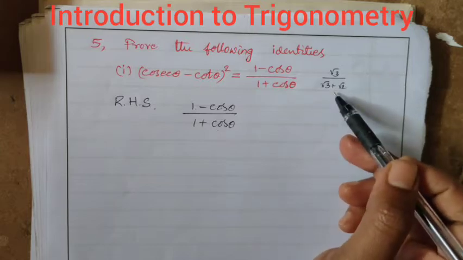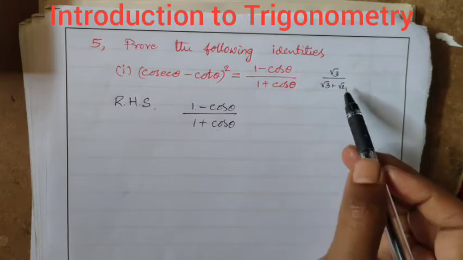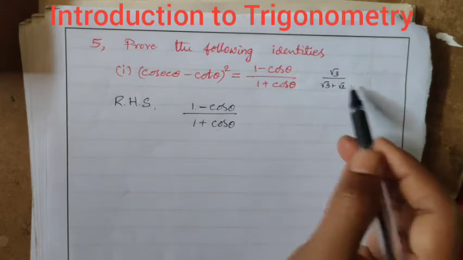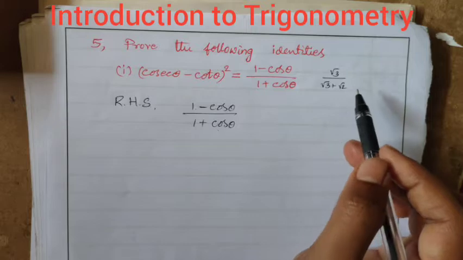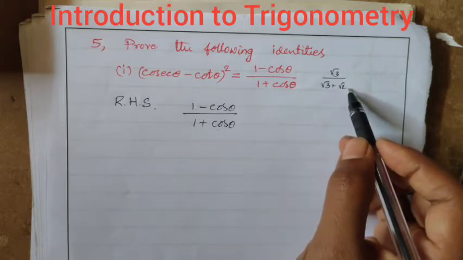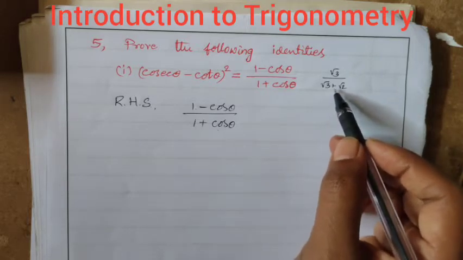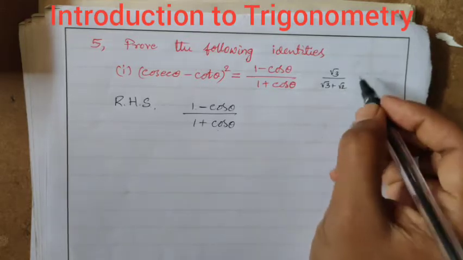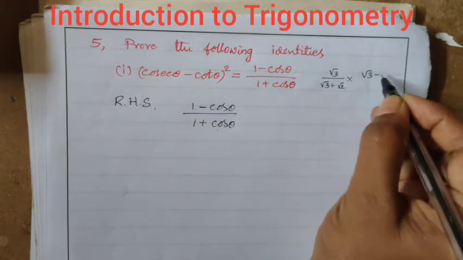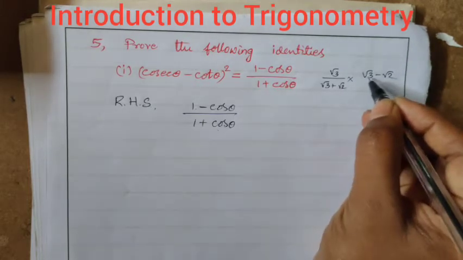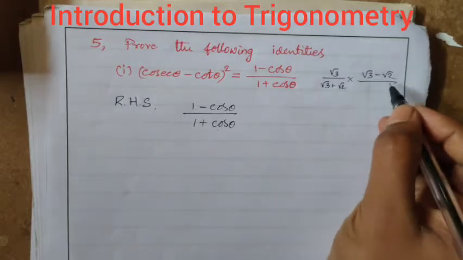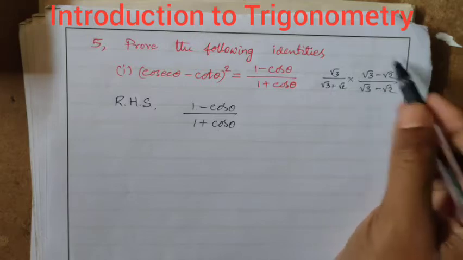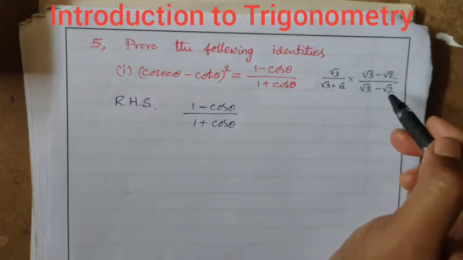So how to rationalize this? Students, rationalizing the denominator means you observe the denominator. It is irrational, and it can be made rational. That is what rationalizing is. Okay. So it is a binomial term. What is the rationalizing factor of root 3 plus root 2? The rationalizing factor of root 3 plus root 2 is root 3 minus root 2. So you multiply the term one time and divide the term one time. Okay. So this is how the answer goes. In this way,